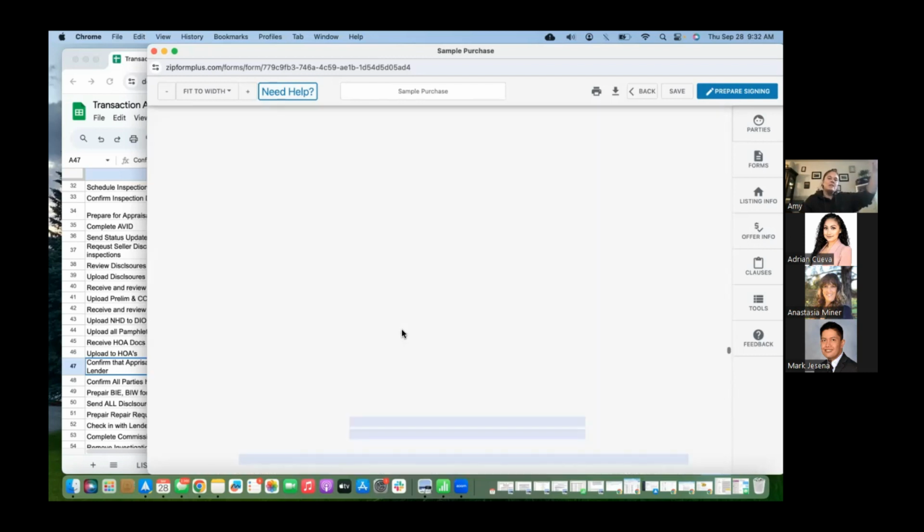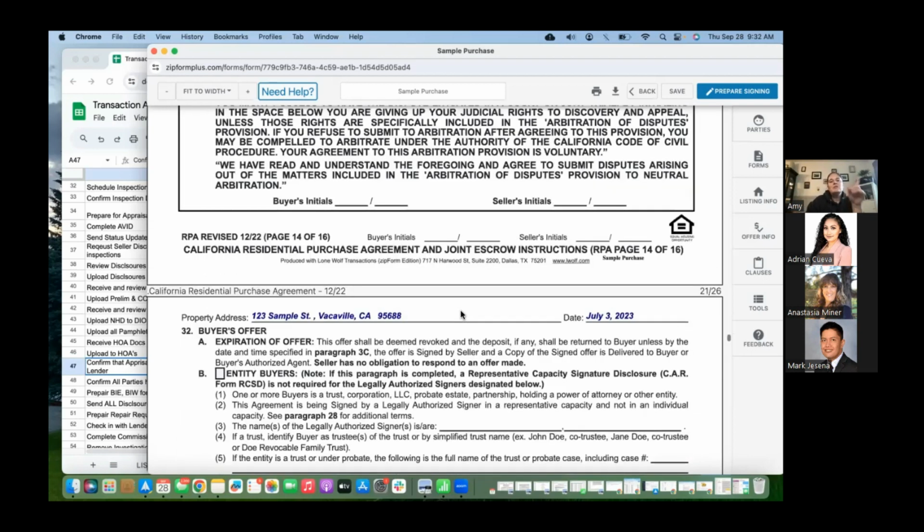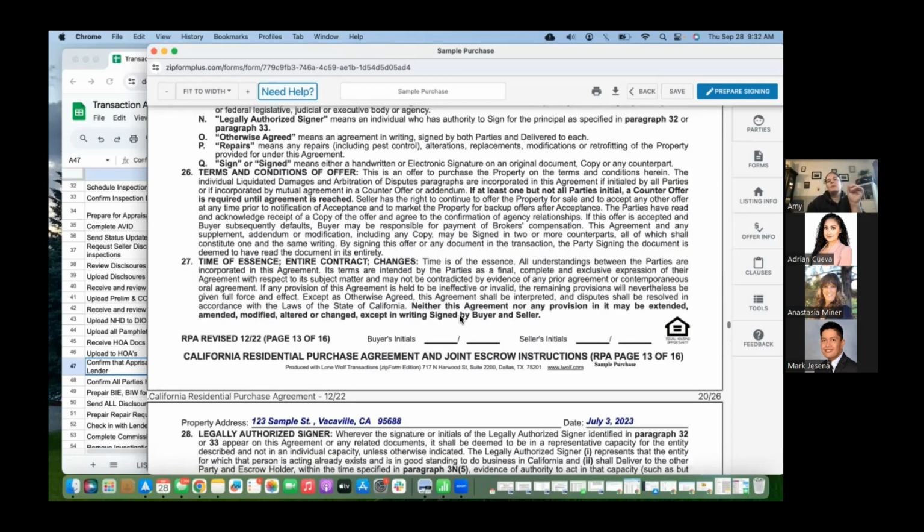Not so much in Winters, but when you talk about Woodland, you've got the fire suppression system. If the house has one, it has to be inspected. You've got Davis that has the pre-sale inspection that has to be completed. So you just want to make sure that you know the area in which the property is that you're making an offer,